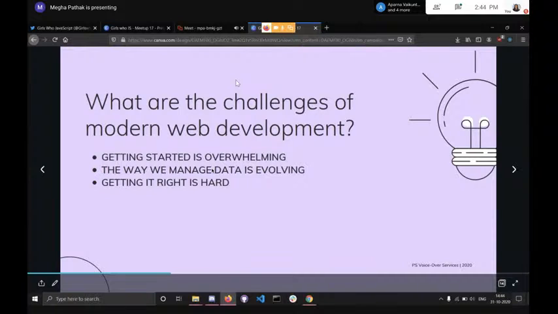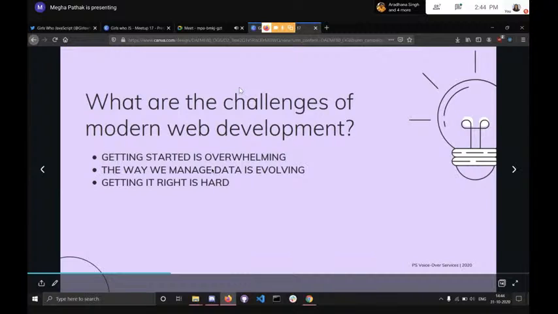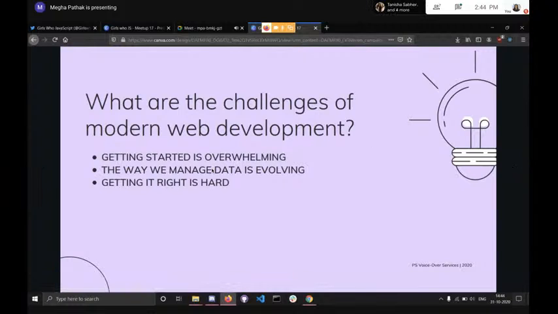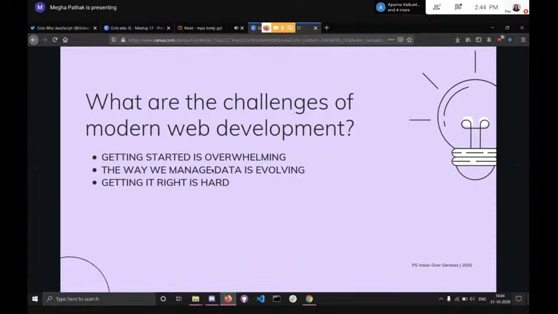I can build the front end with Angular or React, or even with simple HTML, CSS, JS. So there are too many options around us, and getting started is a little bit overwhelming. What to choose first, what to learn first, and which framework or library would be more suitable for our work.